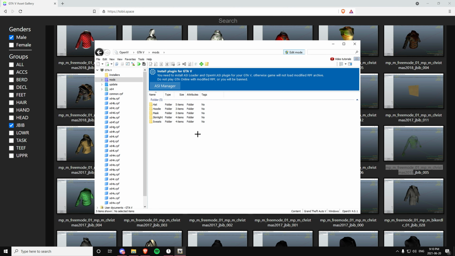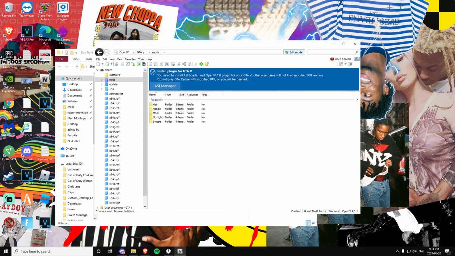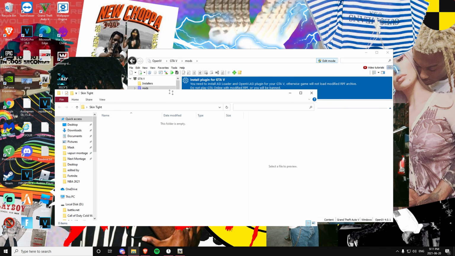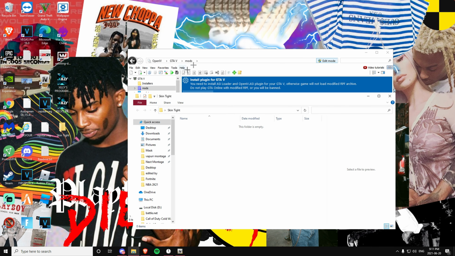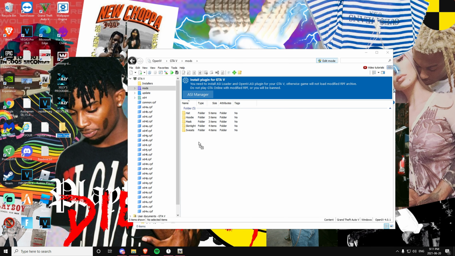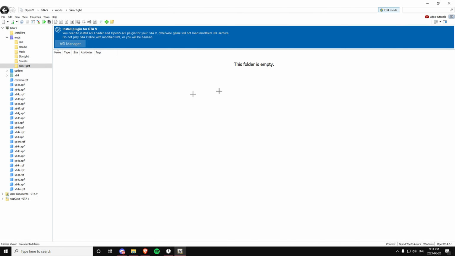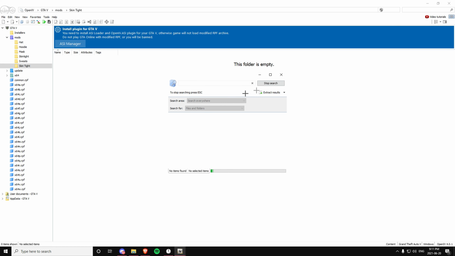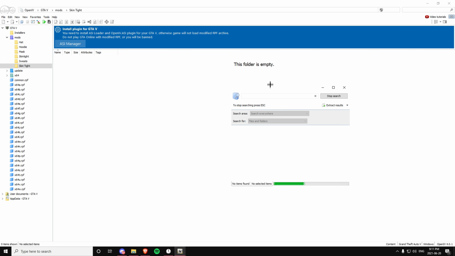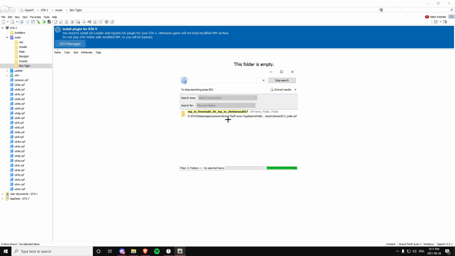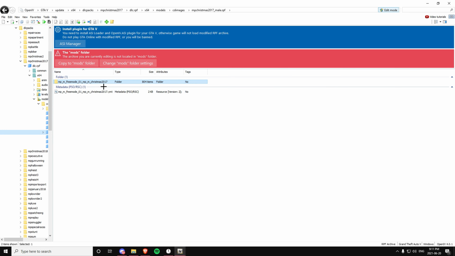You're going to go back on OpenIV. You're going to drag the folder that you made on your desktop. You drag this into here. You're going to open this up. It's going to be like this. Press this up here at the top right, and you're going to copy and paste. You paste what you copied off of Google or whatever you use, and you have to click what it said right there, just what I did, and you're going to find this one, if I'm not mistaken, and you press this,